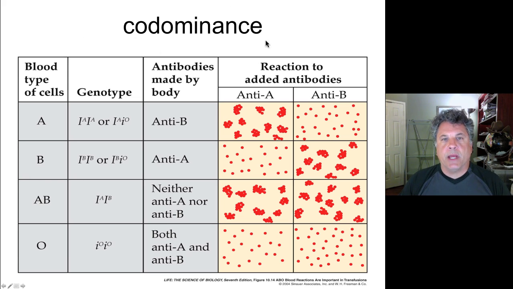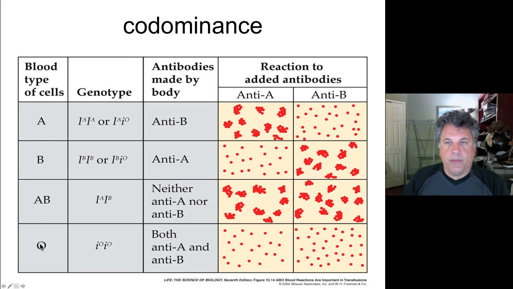Now let's look at the phenomenon of codominance. And in codominance, we're really referring to cases mostly that are biochemical phenotypes. So we're looking for the presence of particular gene products in a given individual. And a classic example are the blood types found in humans, used to characterize human blood for transfusion purposes. And we're only going to consider the ABO blood type. There are other blood types as well, but for this purpose, to illustrate codominance, let's talk about the